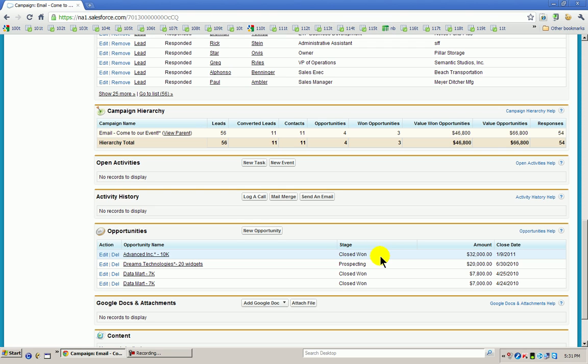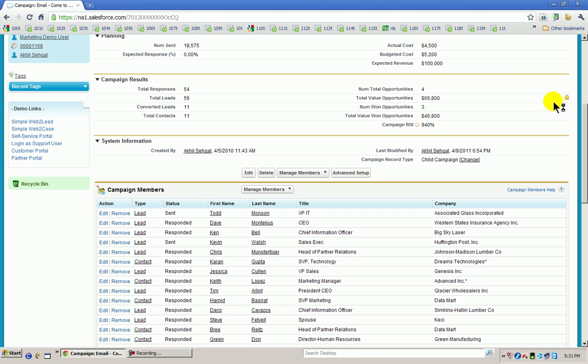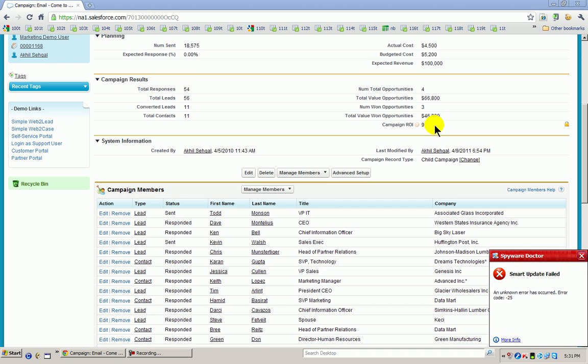At the end of the year, you are probably very interested to understand from which campaign or source you have got the maximum ROI, so that you can invest more in that particular thing. If you look at this, it will tell you the value of opportunities you have won and the ROI of the campaign. Based on that, you can plan your marketing investment accordingly.